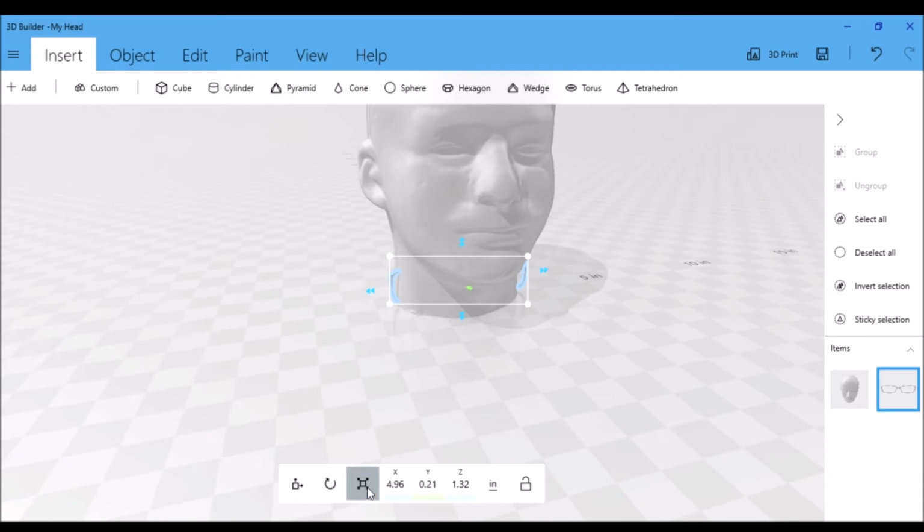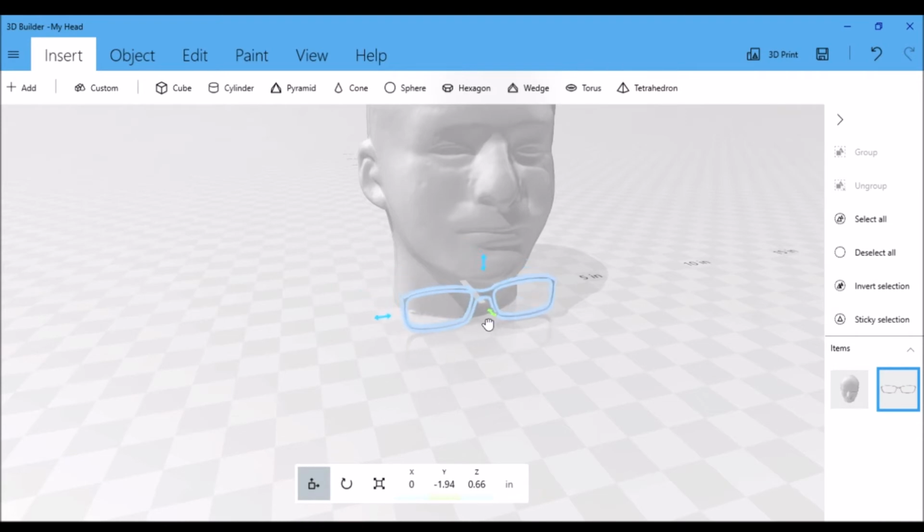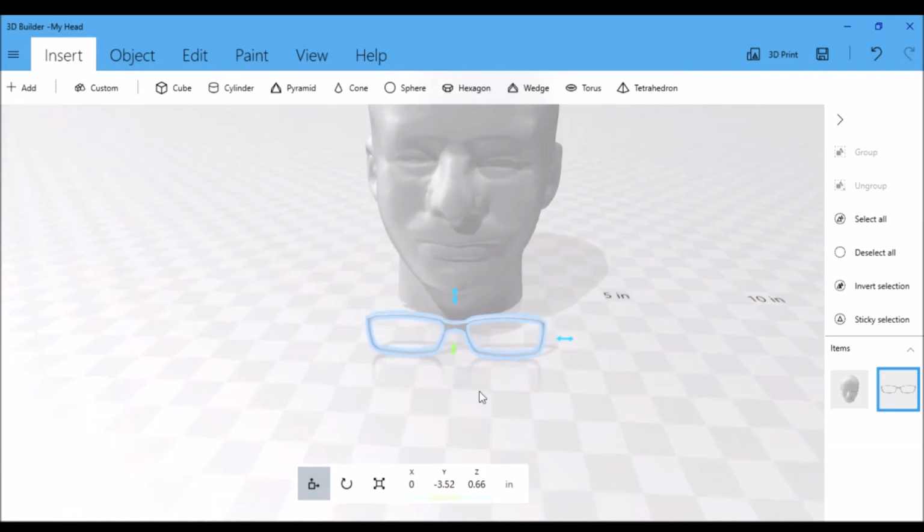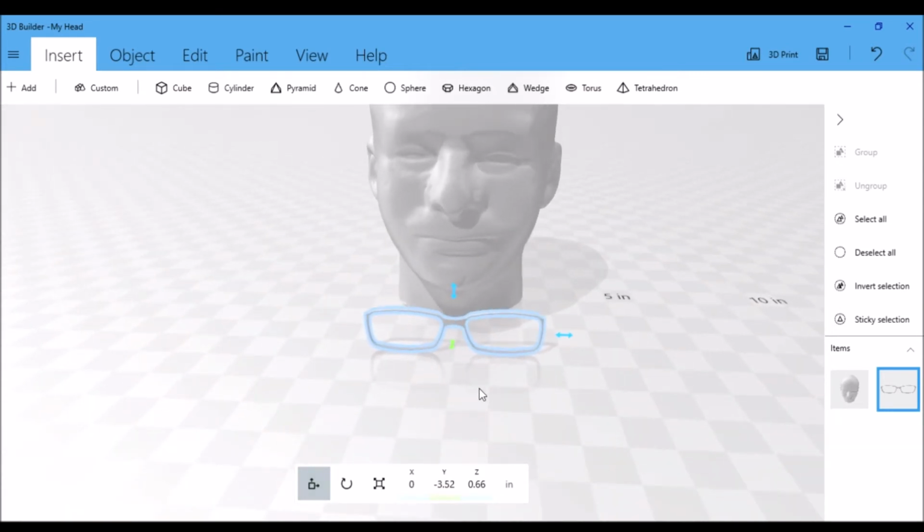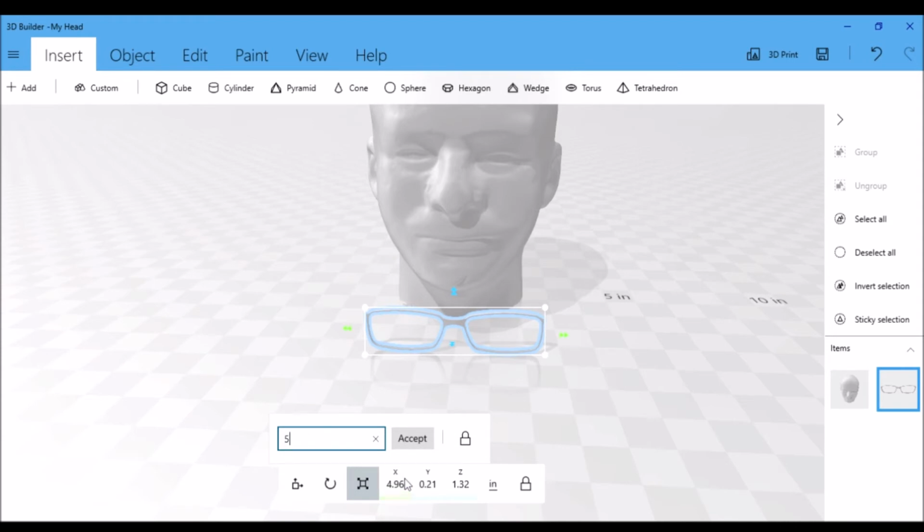So what you want to do is go over here to the Move button, click it, and you can reach up here and grab the arrow so that you can pull it forward to where you can look at it. Now earlier in the other part of the video, I'd measured my eyeglasses and they were 5.5 inches wide. So what you want to do is click on the scale button, and so that it keeps the ratios all the same, I want to lock the lock, and then the X measurement